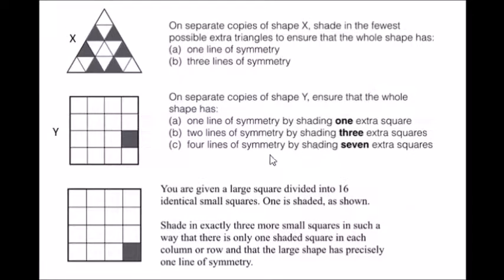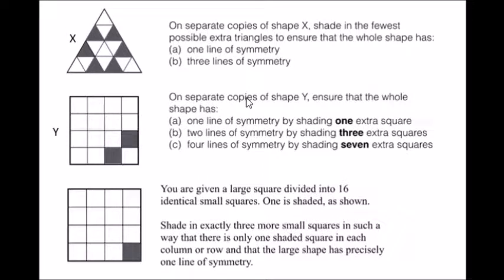For this shape here, one line of symmetry, by shading in one extra square, we could have had this for a vertical line of symmetry, this for a horizontal line of symmetry, this for a diagonal line of symmetry from top right to bottom left,